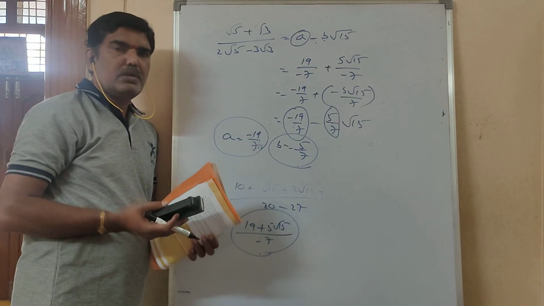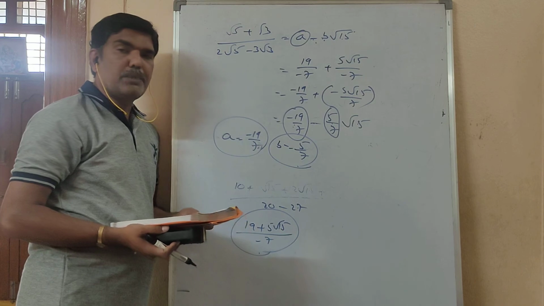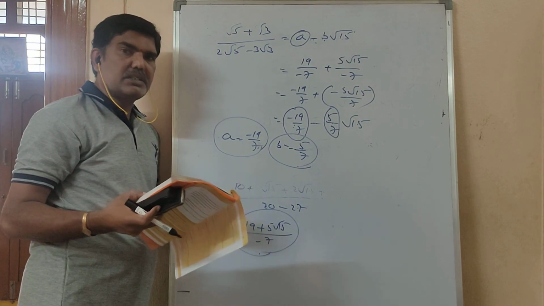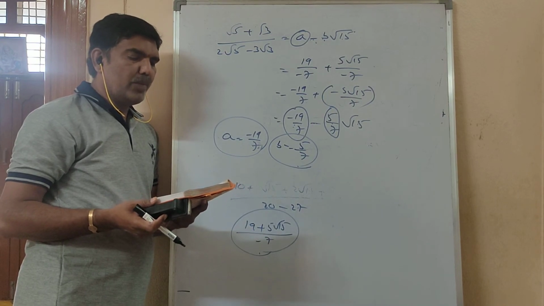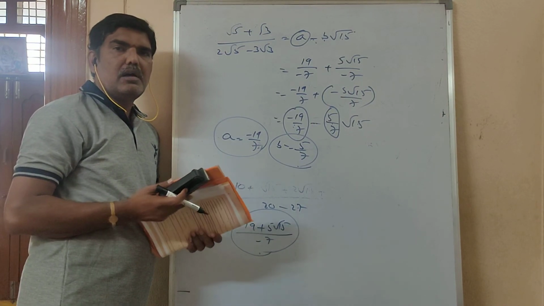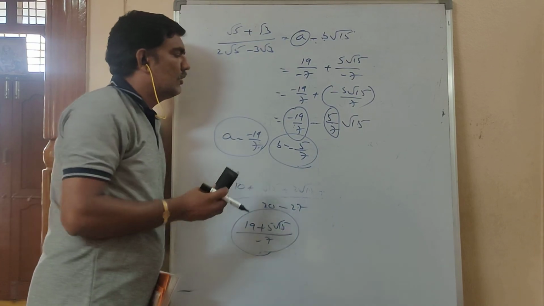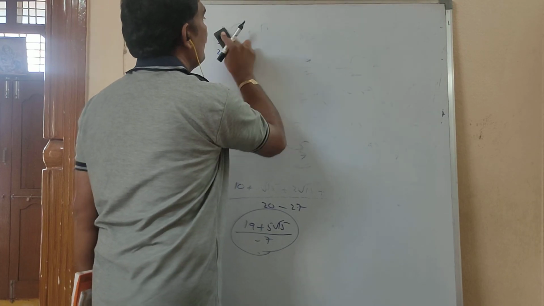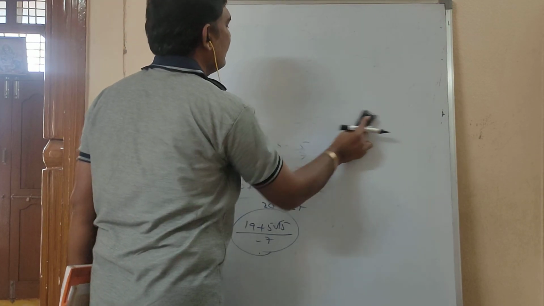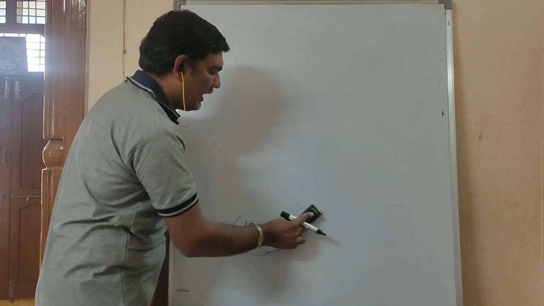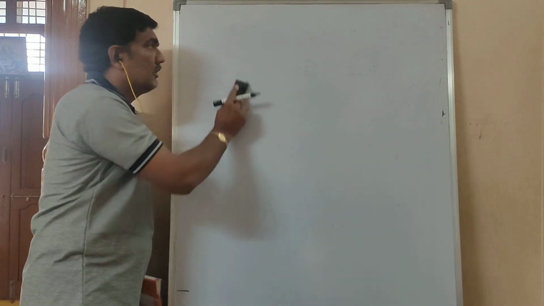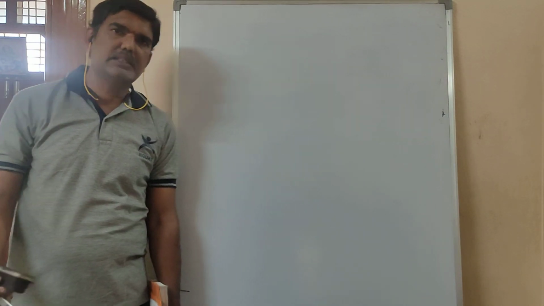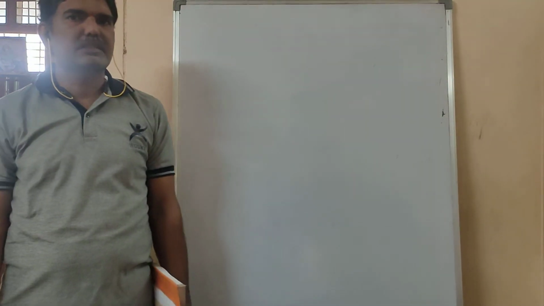So up to now this chapter is completed. Next we will go for the second chapter. Just an introduction. Polynomials. What is meant by polynomial? Already you learned in 8th class, so revise once. What is a polynomial? What is the order of a polynomial? Quadratic, cubic. So all these are important. In the next class I will say the next exercise.